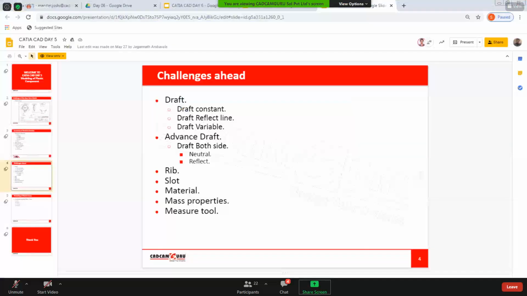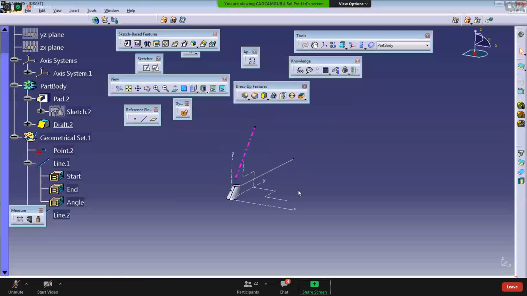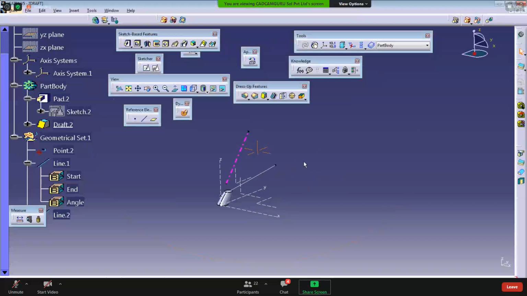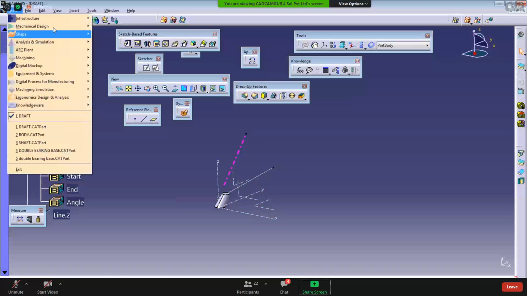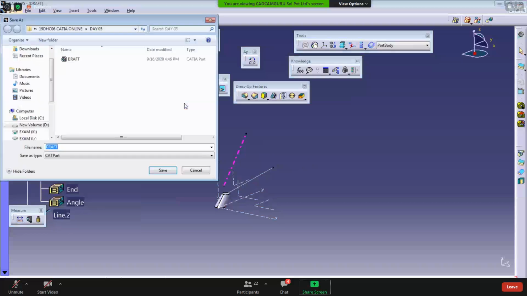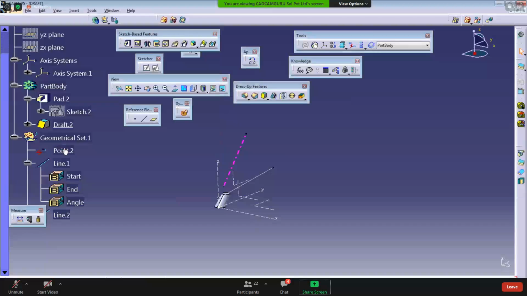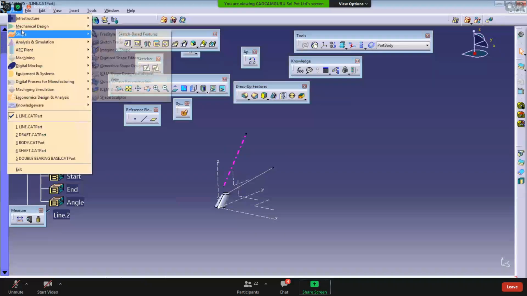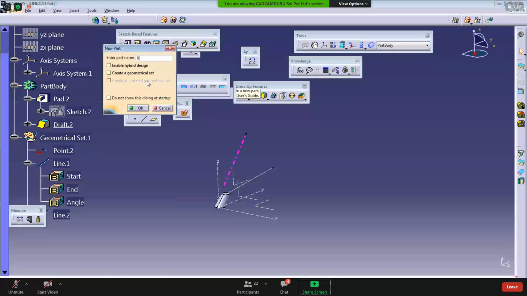Then the next point I think to discuss is the rib option. How to operate the rib. Do you remember the sweep along guide in NX? First I store this file. I take a new file to understand this command.